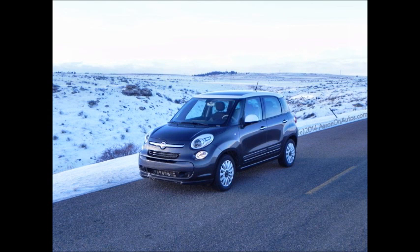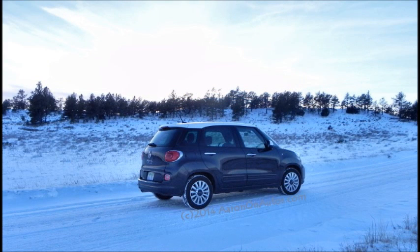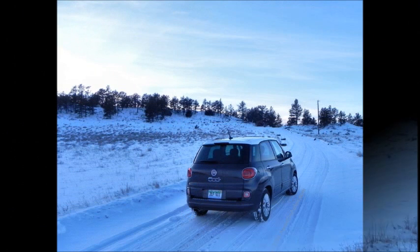It's just a great signature sound you'll only hear on an Italian engine. I made a little video of that. I'll link to it down below. You can see it. On the road, though, the engine turbocharges its way up to 160 horsepower and goes through